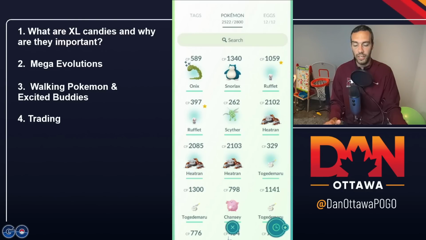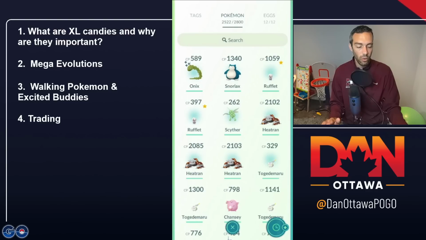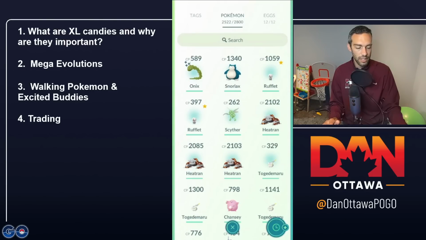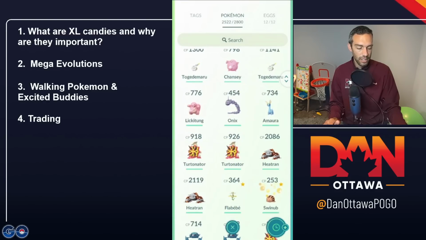So if you have a partner or someone in the household that plays, you catch a Pokemon, I catch a Togedemaru, they catch one, we trade, I will get the guaranteed XL candy on this. What I always do is, you're going to see here, Snorlax, I'm assuming this is not a hundo. So Snorlax, Scyther, Togedemaru, Chanseys, Lickitungs, Onix,